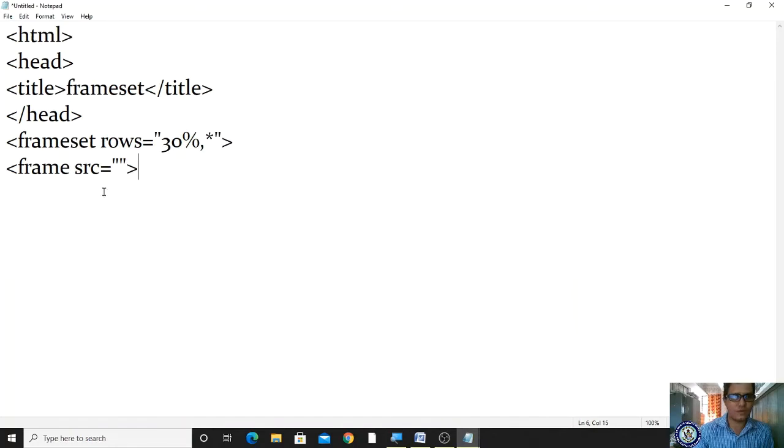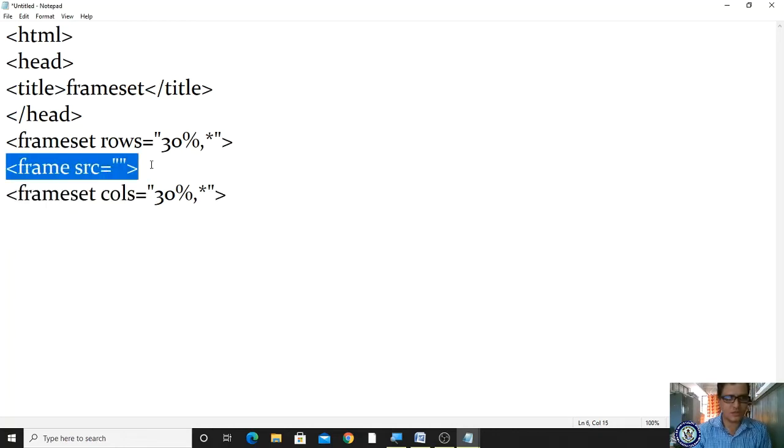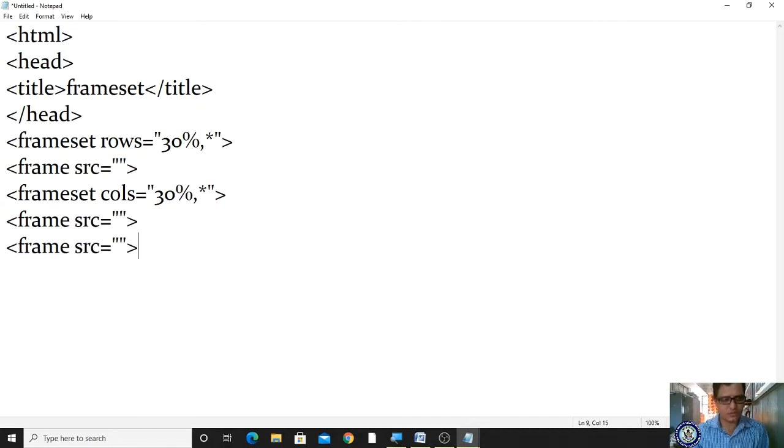I'm writing frame src blank. We are supposed to give the address. I'm taking one more frame set, cols equal to 30%, comma, star, double quotation. Now once again I'm taking the frames here, pasting them.